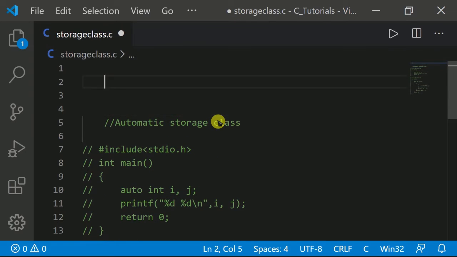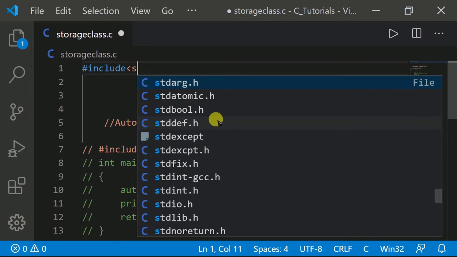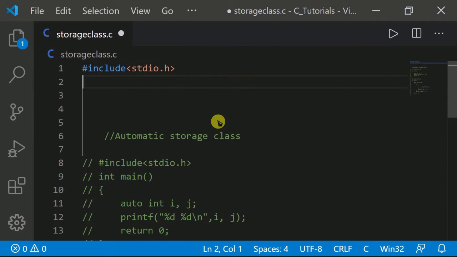Now I am going to write a program for the register storage class. I will write the header file, include stdio.h, then int main. That is very simple.